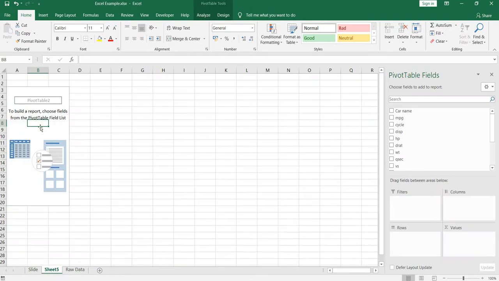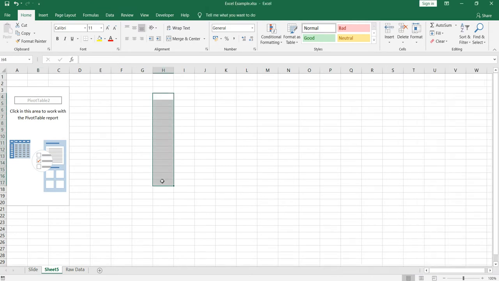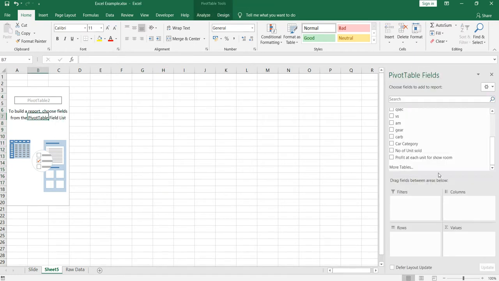I'll go to my pivot table. I need to select category as my column first. When I say column, just think that you require data in this vertical fashion. You want your first category in H4, then your second category in H5. Just don't get confused with rows, columns and everything; I'll also explain this one. So we want our car category in a vertical fashion. So what I can do is take my car category and put it in rows.